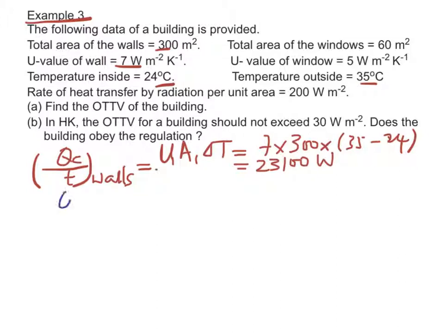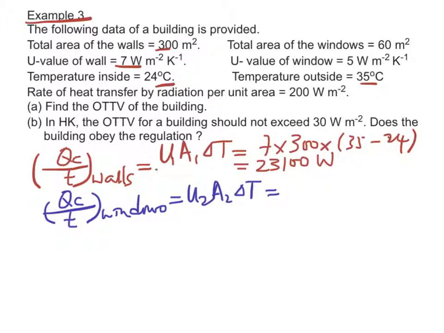Also, the rate of heat transfer by conduction through the windows is equal to U2 A2 delta T, which is equal to 5 times 60 times (55 minus 24), which is equal to